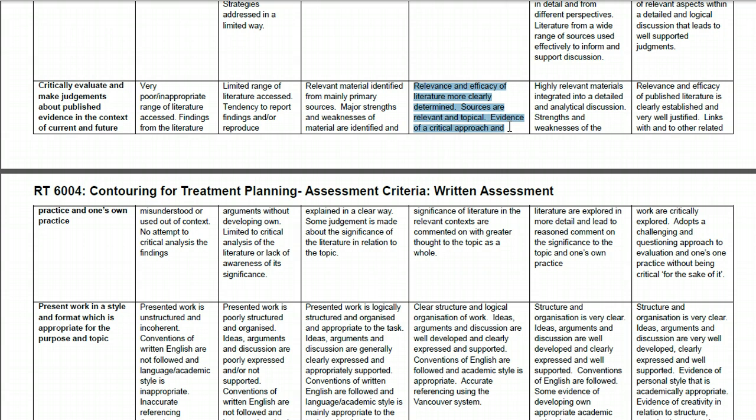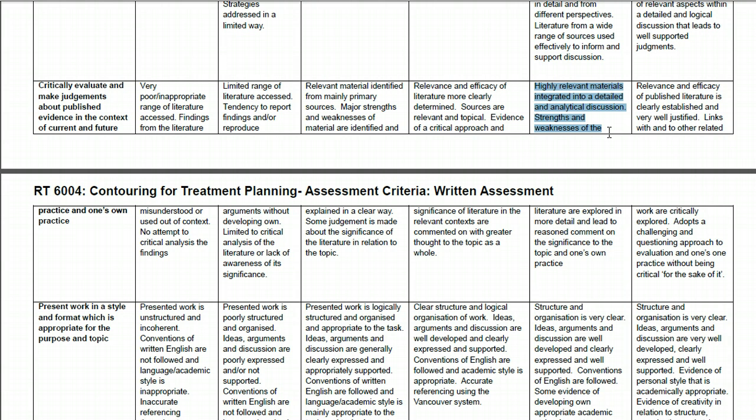So then moving on to the 60s, relevance and efficacy of the literature more clearly demonstrated. Again, sources are relevant and topical, so you're not sourcing all material, it should be relevant and topical. Evidence of a critical approach and significance for the literature in the relevant context, again, your own practice and future and current practices. Looking for a higher grade again,